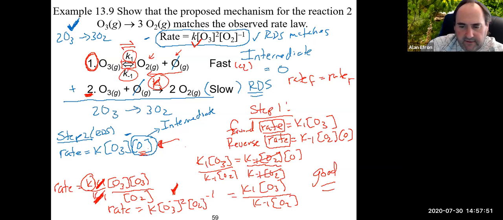So as you can see here, there are a few different types of mechanism problems. One like this one that we're looking at right now, more of a math approach, where the goal is to figure out if it is a good or plausible mechanism or a bad mechanism. One like the other two, where you're just trying to figure out what the rate law would be. If they tell you this is the slow step, then it should have the same rate law as the slow step. And like the very first one that we did, which was over here,